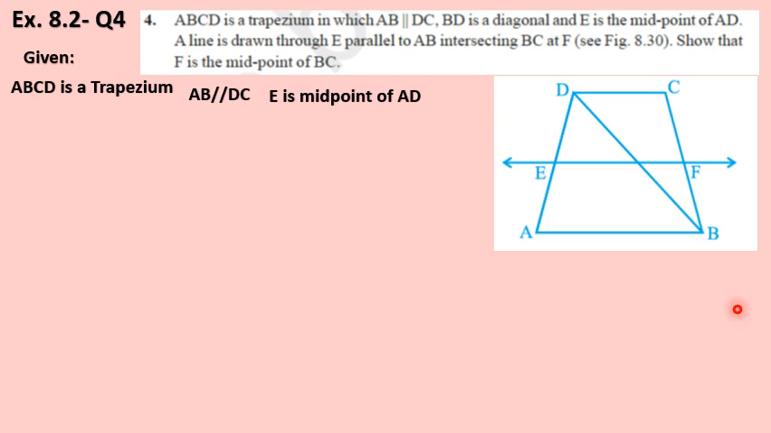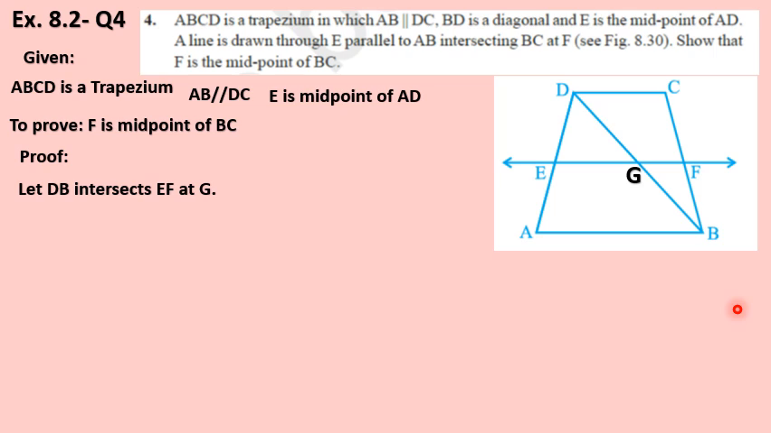So given ABCD is a trapezium, AB parallel DC, E is the midpoint of AD. Now, we need to prove F is the midpoint of BC. Let DB intersect EF at G. So we know that E is the midpoint of AD, and G is the intersecting point. So when you consider this triangle ADB,